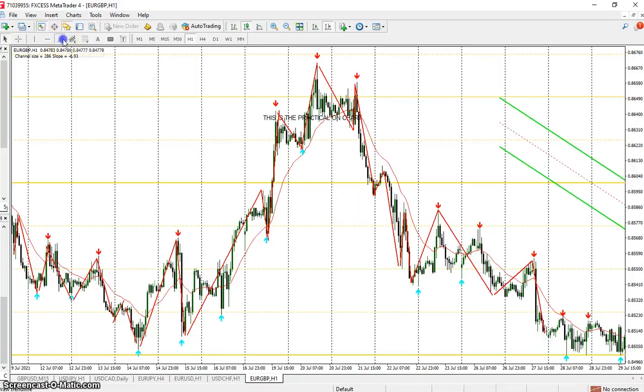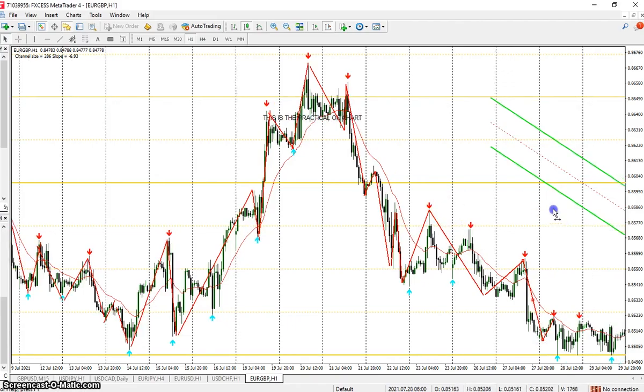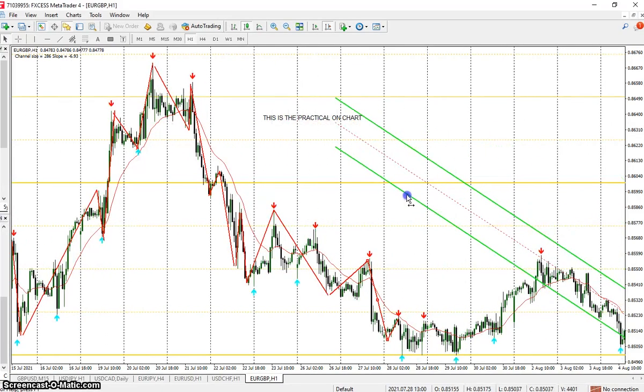Okay, it doesn't matter if you know how to call higher high, higher low. That will not make you money. That is not the key to making money in forex. So if you don't know which one is higher high or which one is higher low, don't bother yourself. That is not where the money is. The money is understanding the trend, and only trading with the trend. Trade with the trend when it is clear.